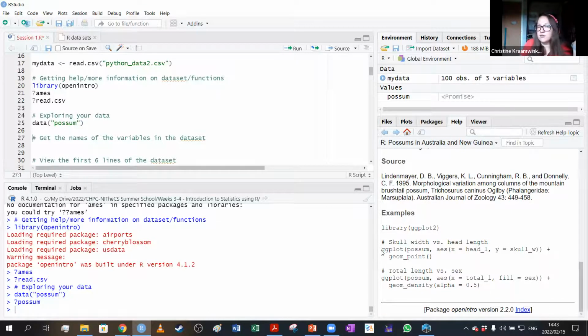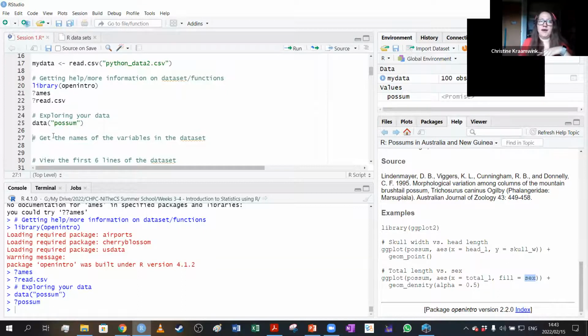Let's say you want to get used to ggplot. You can go see what happens if you change head length and scroll width around, what will happen to your plot, or what happens if you change the variable associated with fill. That's a really useful resource to have.